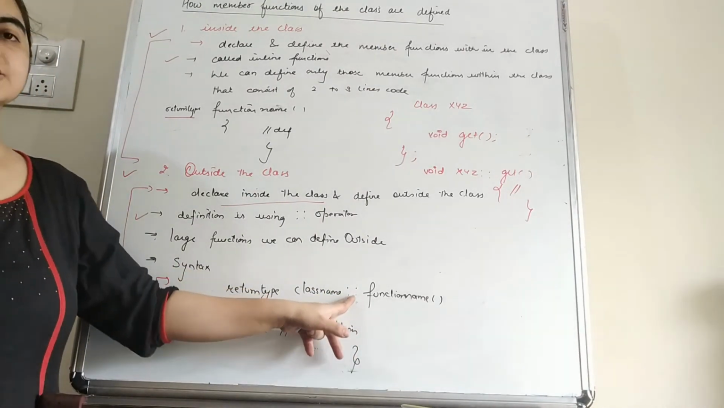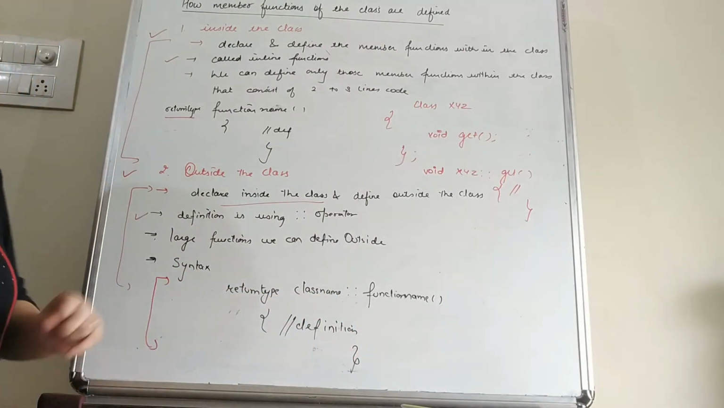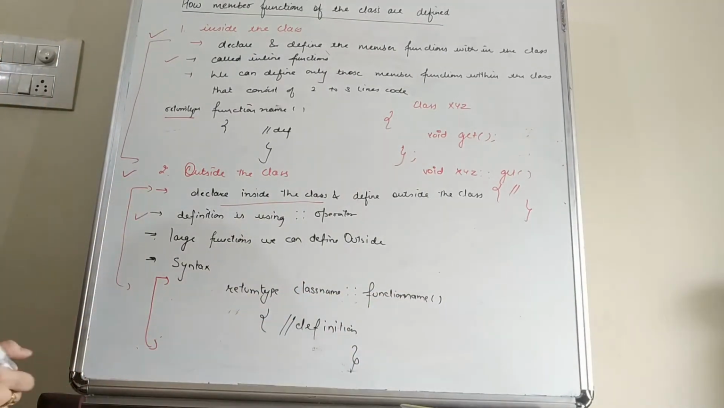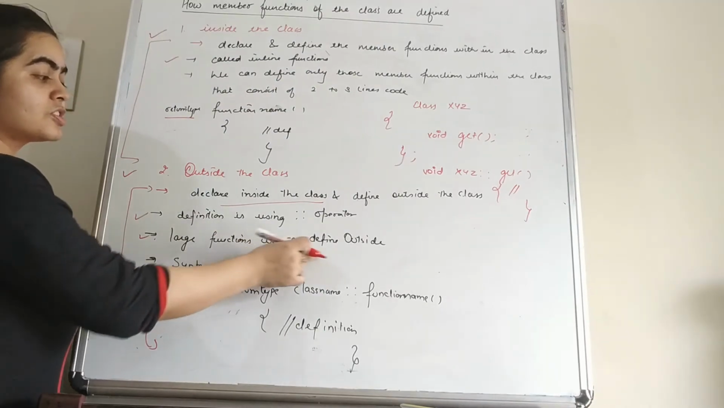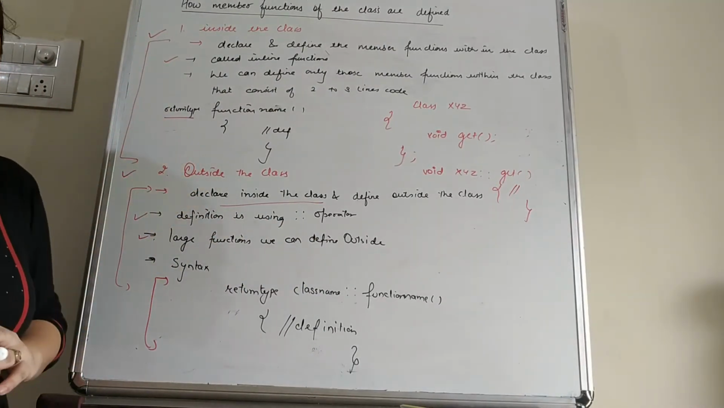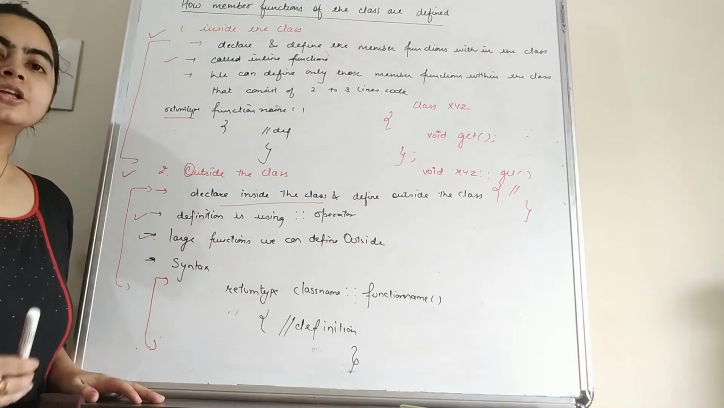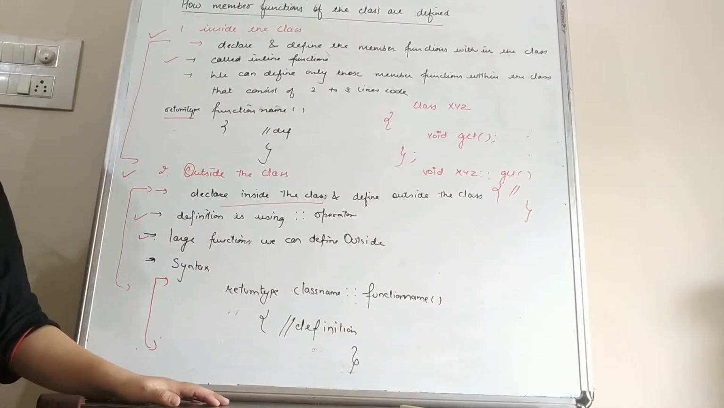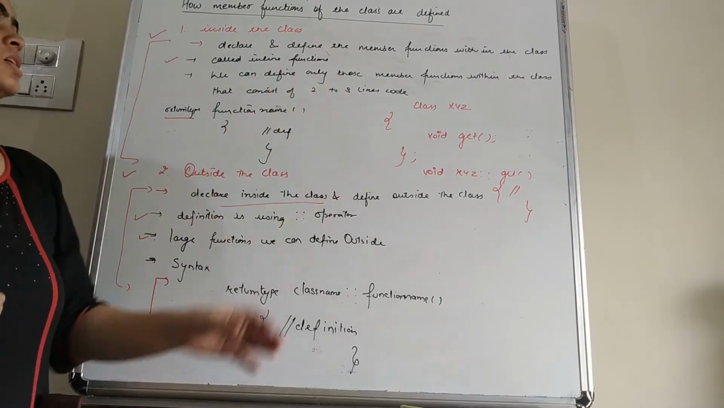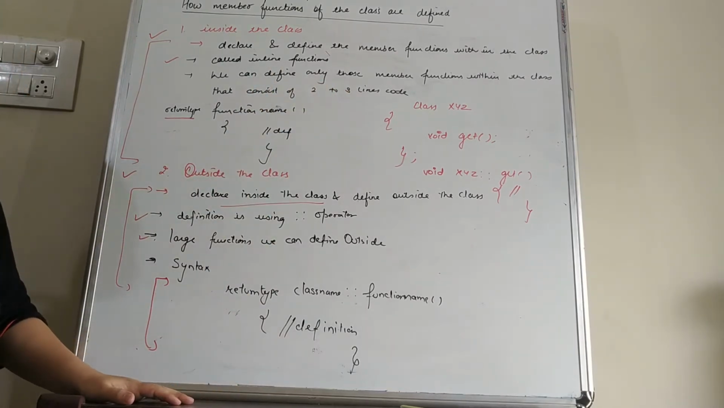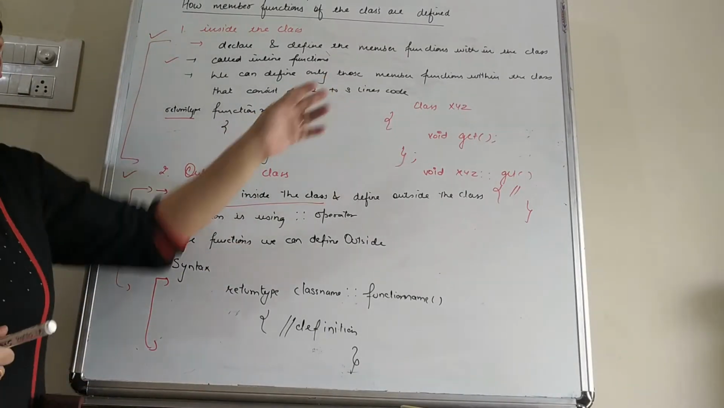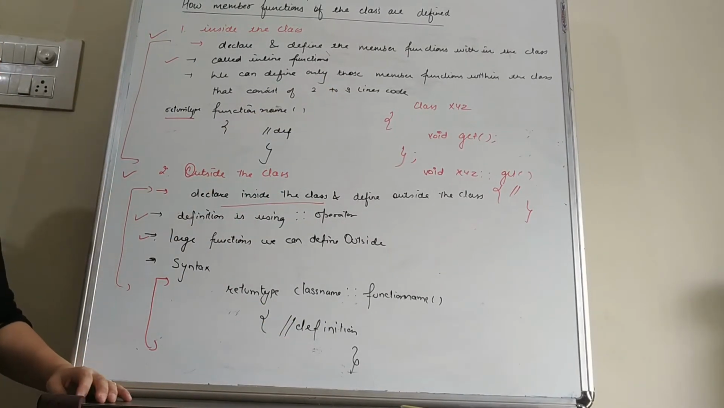So this operator is known as a membership operator that can tell this function belongs to which class. After that, large functions we can define outside the class. See students, inside the class definition, we can write only those functions that have 2 to 3 lines of code only. So that means if the code line of any function is greater than 3,